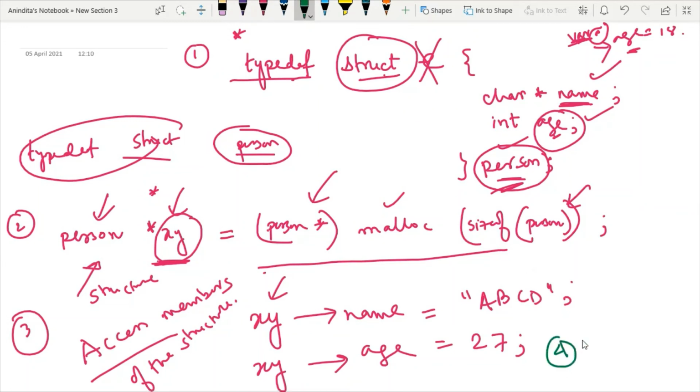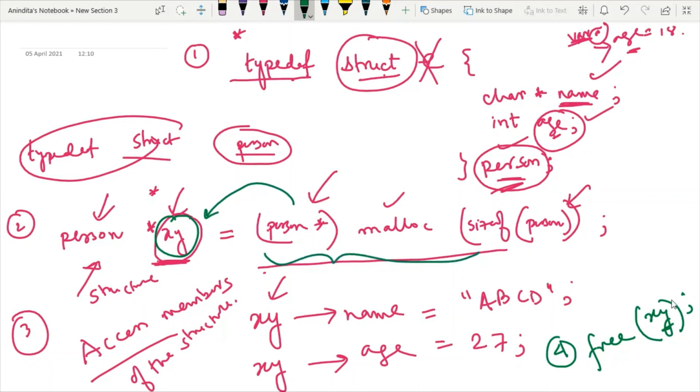My fourth point will be, if you don't want to keep this memory, you can release it. So how to release the memory? You have to write the free function, and inside this you have to mention just the pointer name. Here the pointer name is xy, because your pointer is holding this memory chunk, so if you free the pointer variable, then your memory will be deleted.